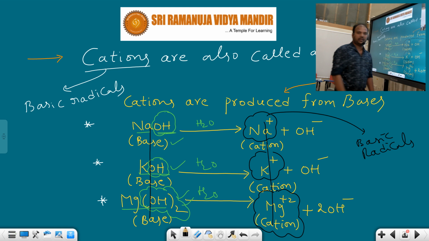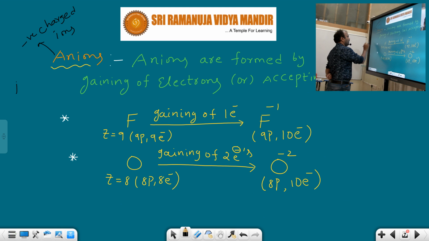Negatively charged ions, like F minus: a negative charge is there, that's why it is an anion. OH minus, either an atom or group of atoms with a negative charge, is an anion. CH3 minus, a group of atoms containing a negative charge, is an anion. And Cl minus, chlorine with a minus charge; whenever a negative charge is there, that is an anion. And I minus, the iodide ion, is also considered an anion. Negatively charged ions are called anions. Why are these called anions? After that I will give the explanation.